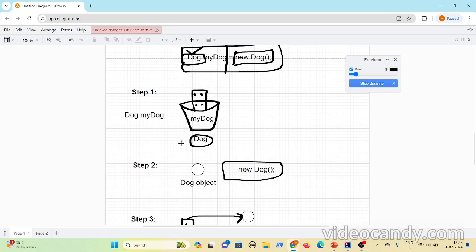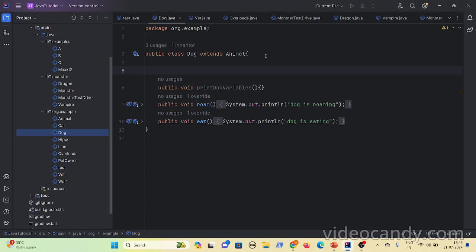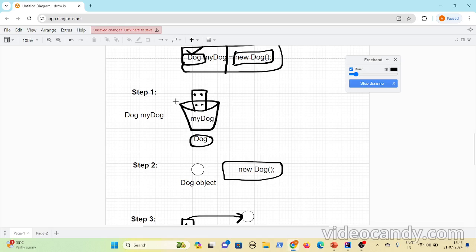So basically the reference variable will have some way to access all the instance variables and the methods that are present here. It will have some placeholders to access each and everything that is present in this type dog.